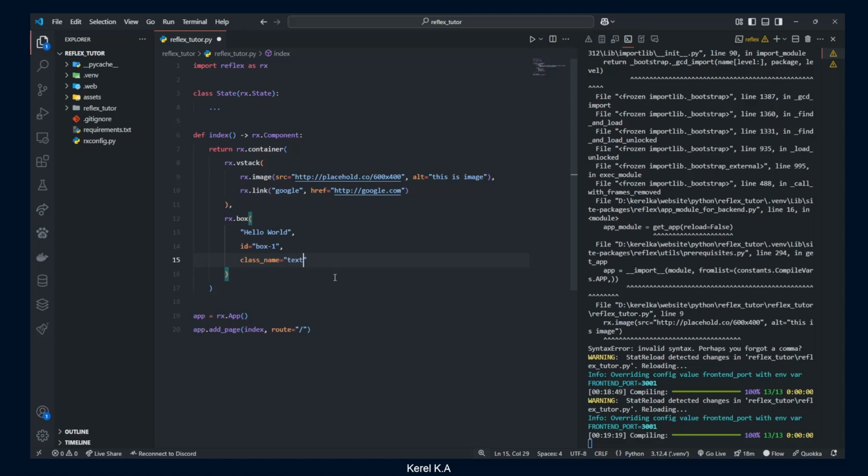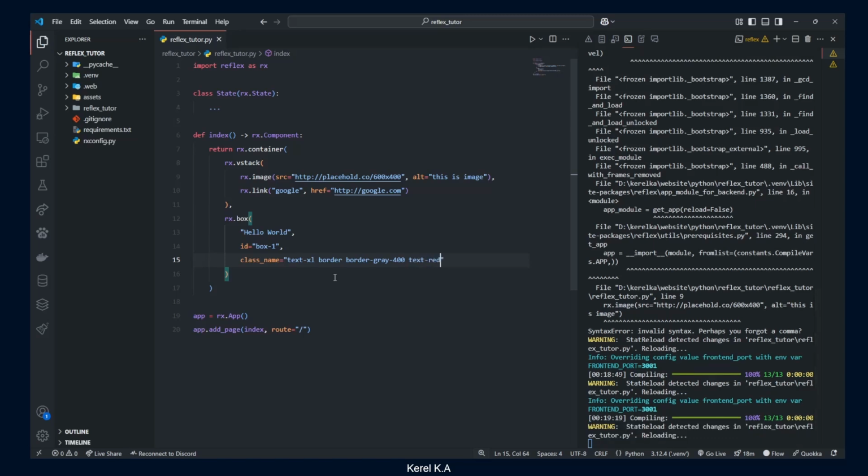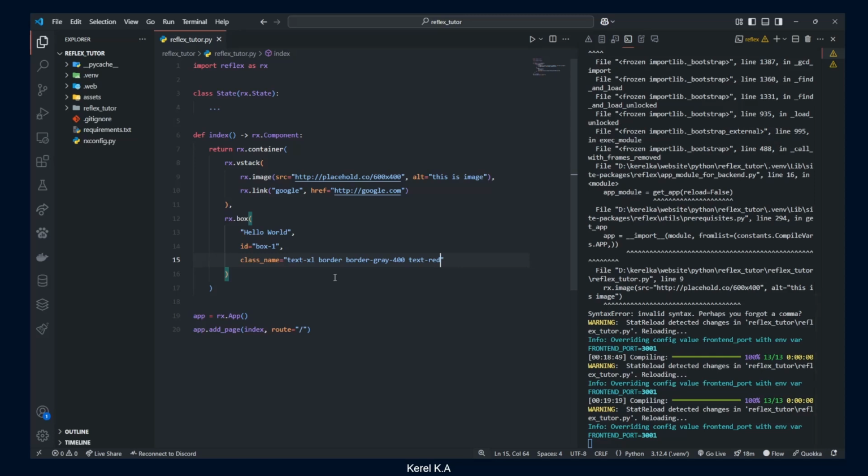For example, type text-xl, border-gray-400, and text-red. Now save the change, go back to the browser